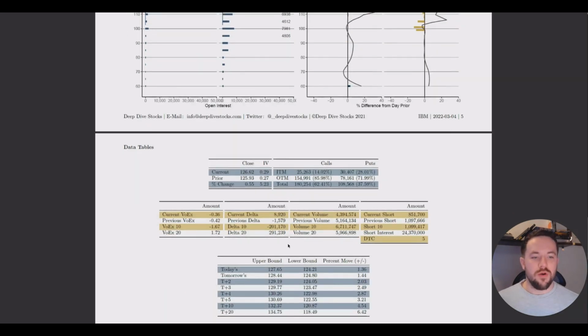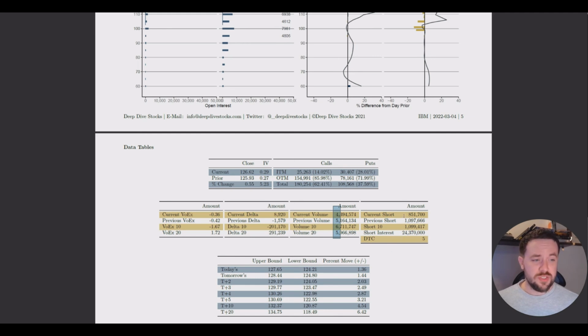The overall, though, if we look at the delta for the past month, we see that it was positive, but we definitely dipped a little bit, right? So we lost a whole bunch of long delta, and it seems like we're regaining that. That's good. We want long delta on the stock. Volume is fine, doesn't seem to be too outrageous.